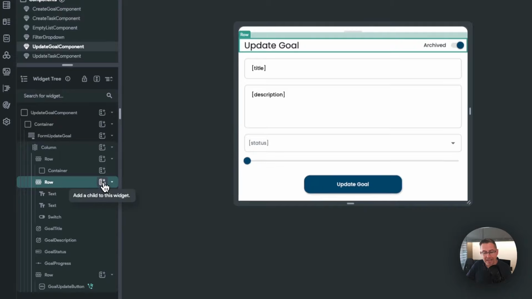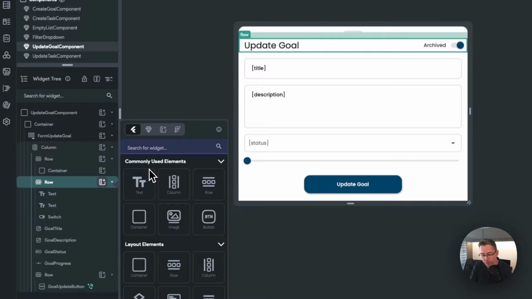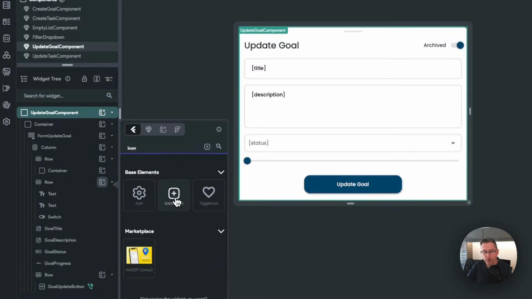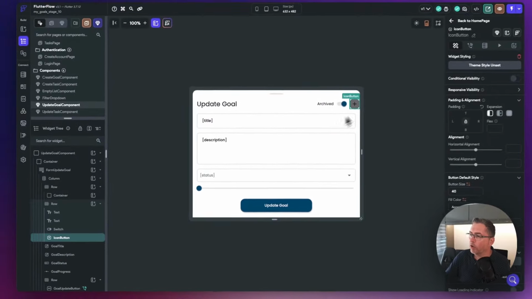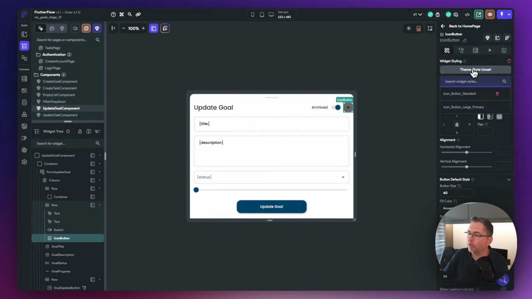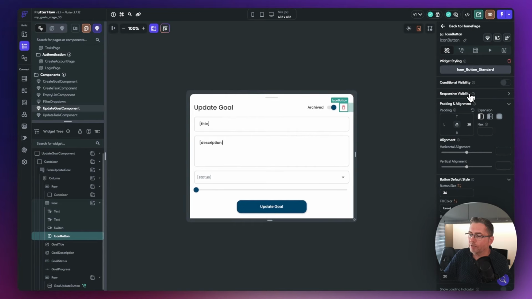Just click add a child, and we're going to choose an icon button. We want to style this icon button up, so choose the theme style unset, choose the icon button standard, and we've now got that icon button displayed for us. So we just need to choose the actual icon button itself, which is selected, and we're now going to add the action to perform the